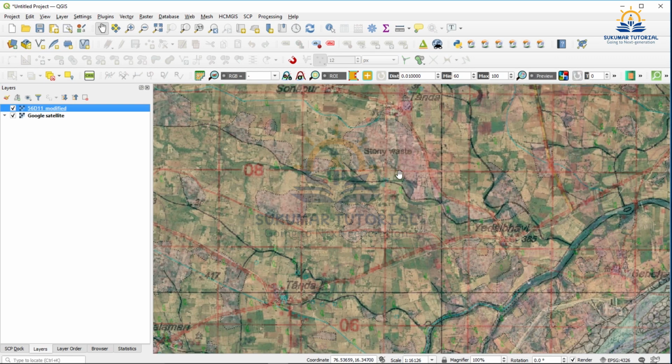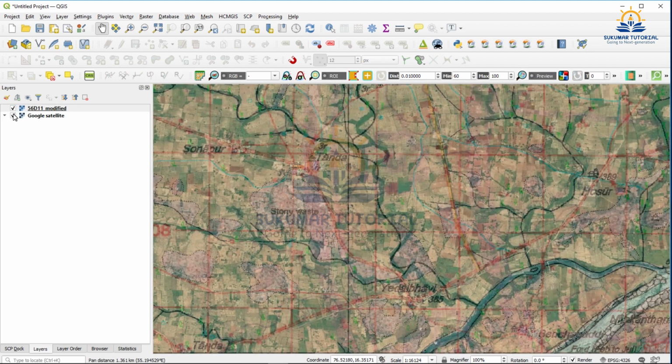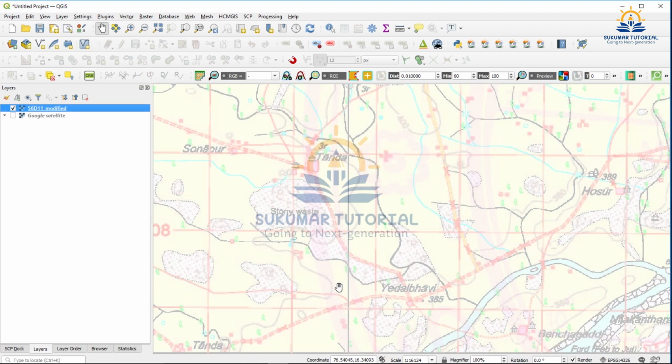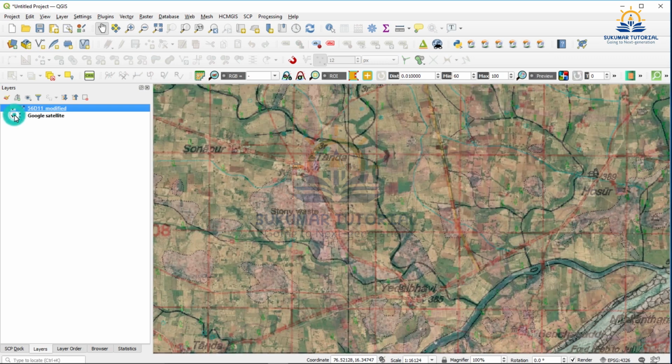This is a stream. Then I am switching on the Google map. See, the stream is flowing on the other side. Similarly here also, I am switching off the Google map. The original stream path is like this, it is coming like this, and when I superimpose the Google map, it has changed its course.